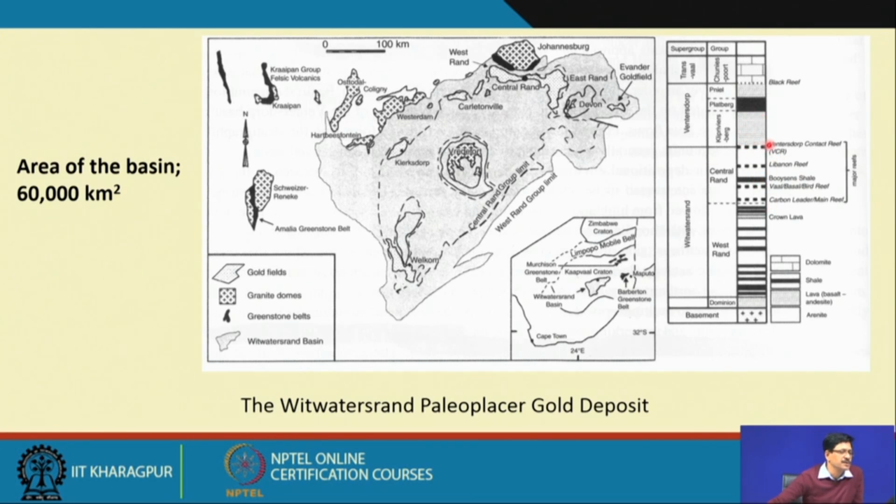And these are the horizons which are shown, so there are many reefs. Here is one, this one is the dashed black line, 1, 2, 3, 4, and these reefs, these conglomerate horizons containing gold, occur about 3 kilometers above the base of the basin. So this is the basement which is shown here,